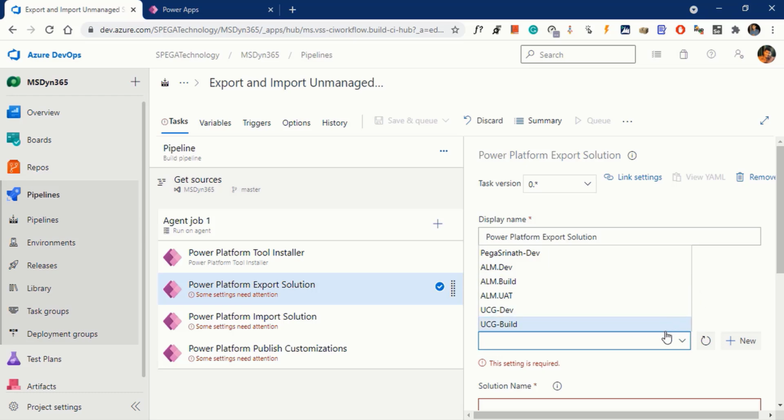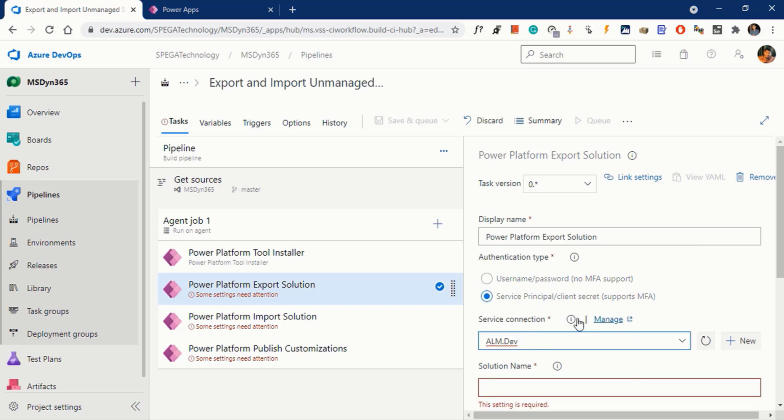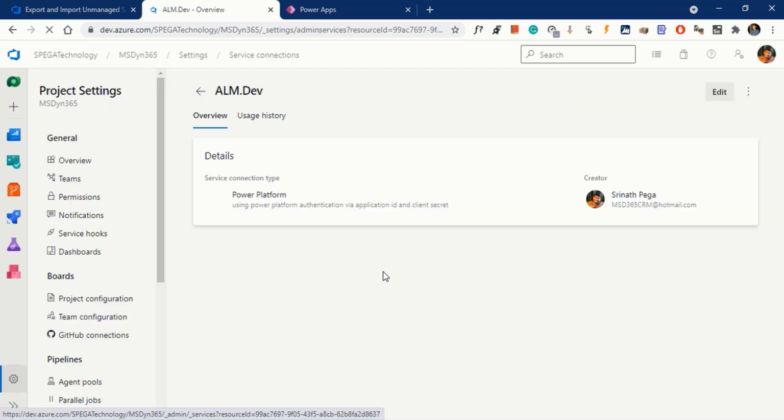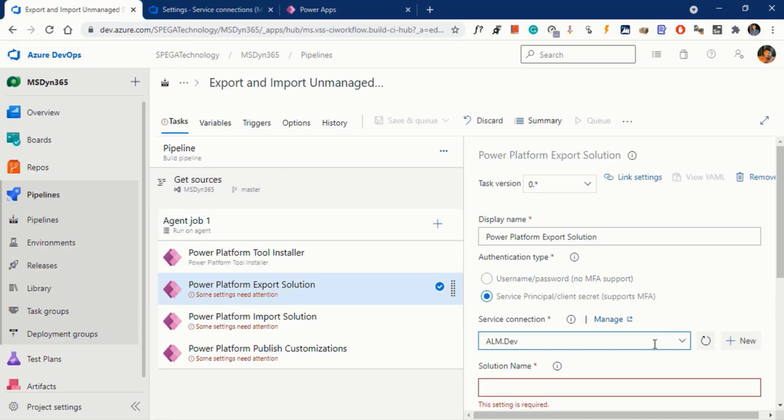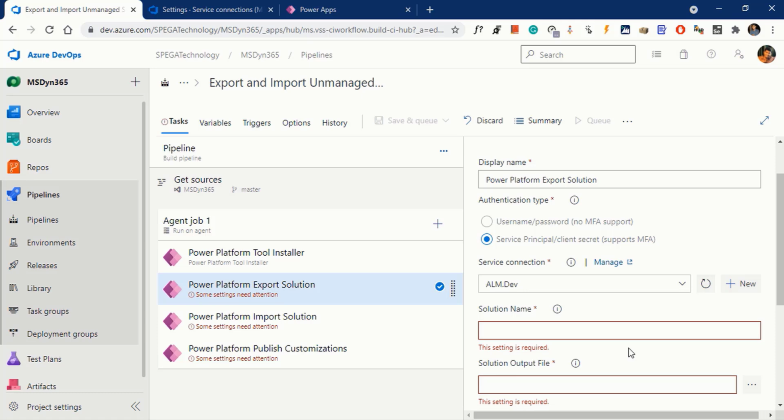It shows all the service connections in the system. We are going to export the solution from the dev environment. Click on dev, and to see all the service connections in the system, click on manage. It will take us to the service connection window. These are the service connections in the system. Let's go back to the pipeline, and it's asking for the solution name.